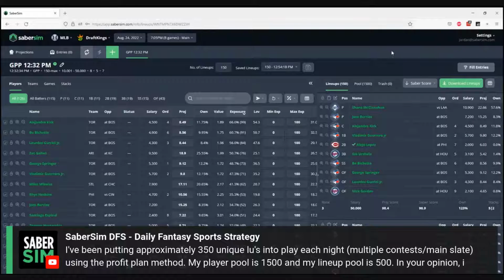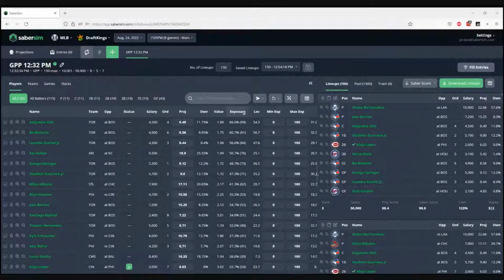And three, if you are stress testing SaberScore, set reasonable expectations by remembering that projected points and actual points are not everything, and compare the same size buckets. Compare your top 150 to your bottom 150, right? There's an experiment that I think would actually be a little bit more fair. So anyway,